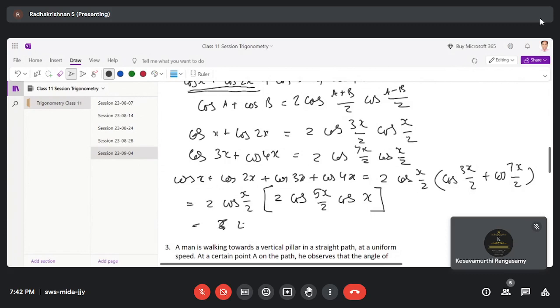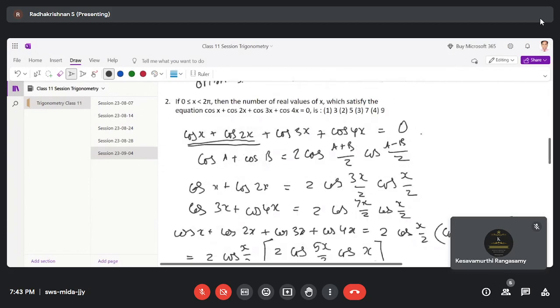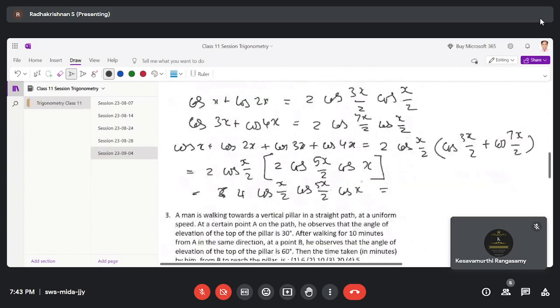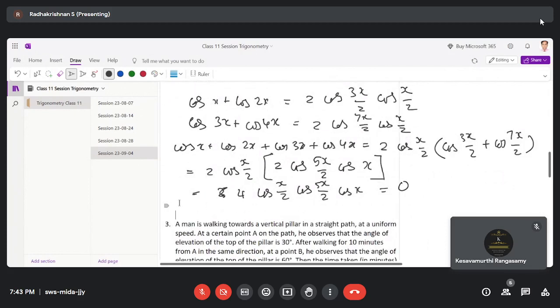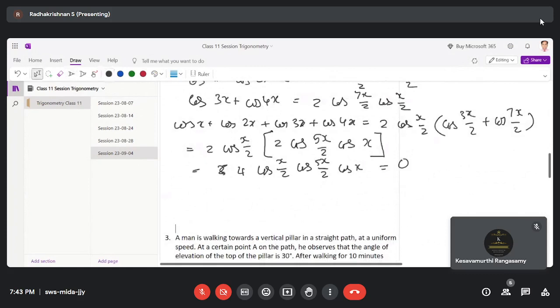Equal to, when you multiply, you get 4 cos x by 2 cos 5x by 2 cos x. This is equal to 0, right? That's what is given. You have to solve for this equation. So we can see that at least any one of them can be 0 for the expression to be 0. That means either cos x by 2 equal to 0, or